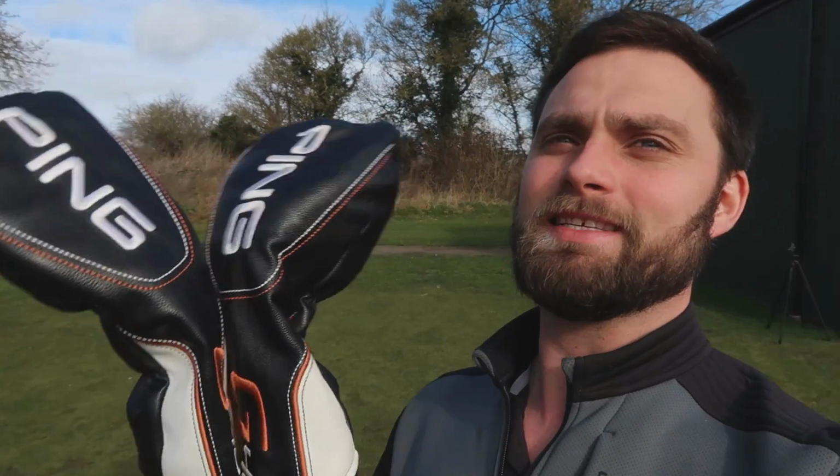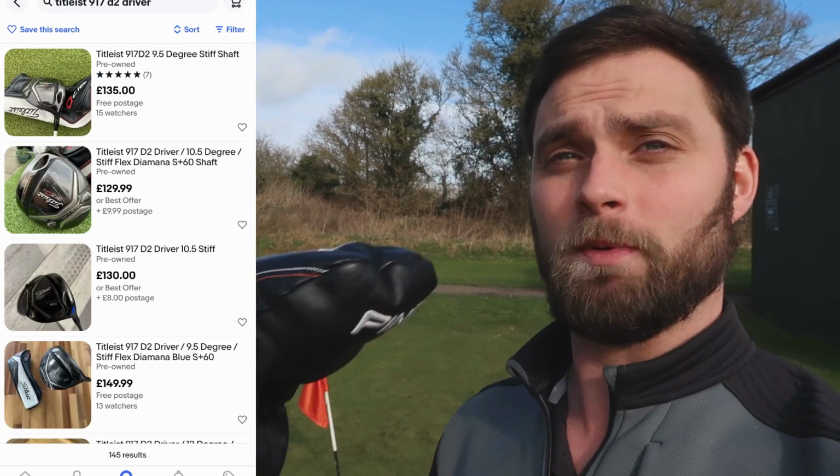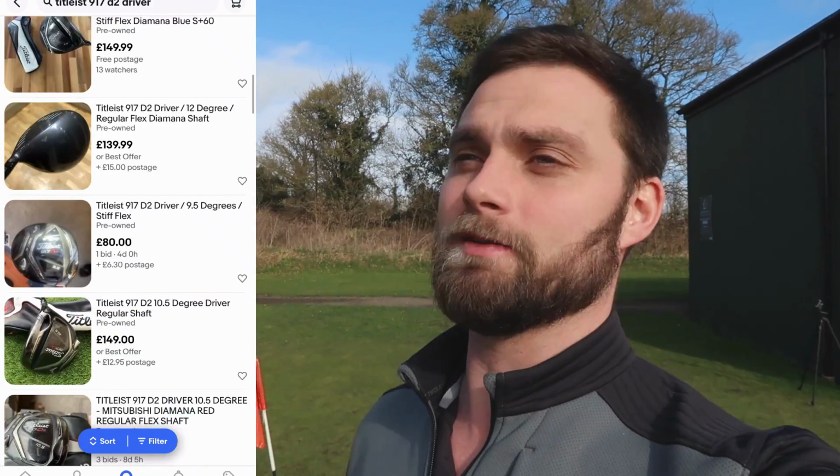And as you see in the price, and I know Rick obviously said they're a lot more reasonable than brand new drivers, which they are, but in the second-hand market versus, let's say, what came out the same year, a 917 Titleist driver, that retailed at £50 more when it came out than these, but you can get them, as I'll show you in the listings here, at a very reasonable cost. From memory, we're talking a